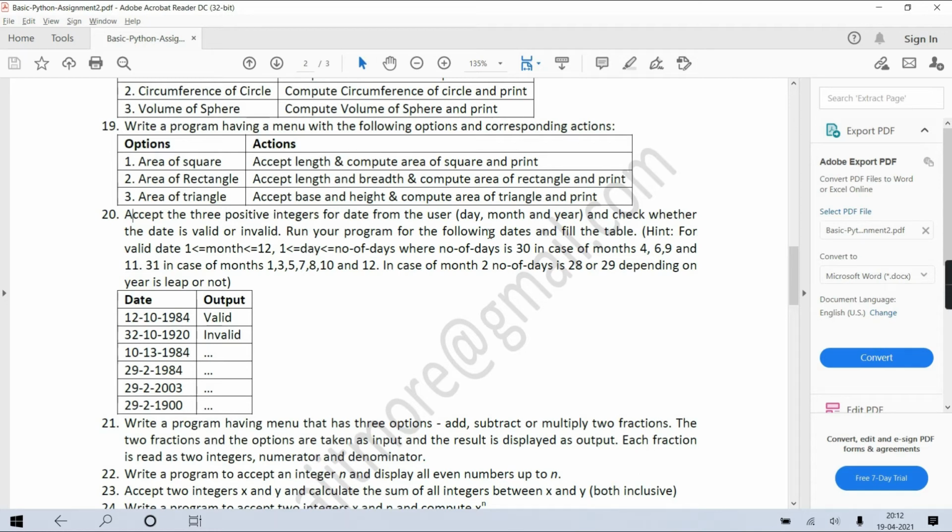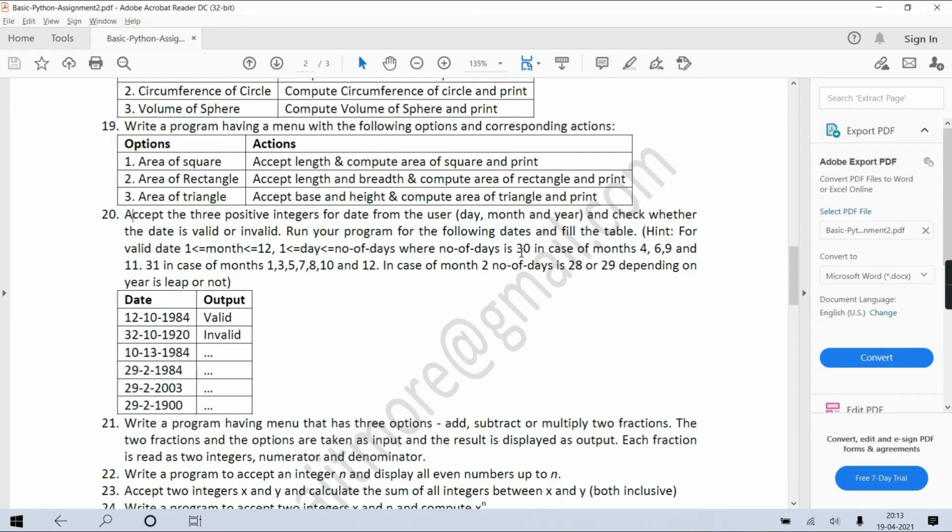Yes or no? See, some months have 30 days, which are the 4th, 6th, 9th, and 11th. Is it right, all of you? Which will be April, June, September, and then the last is November.